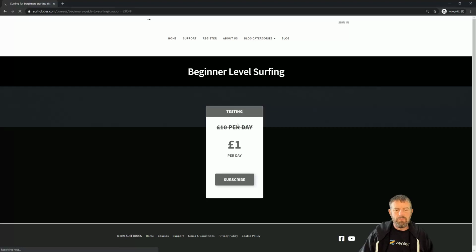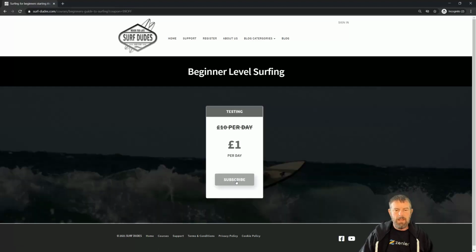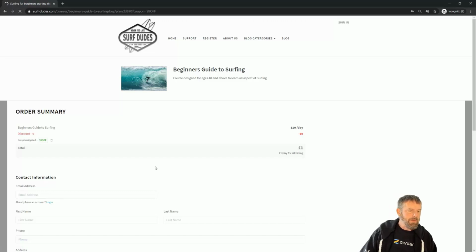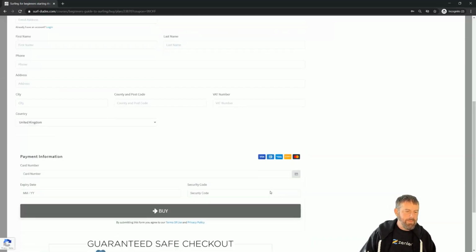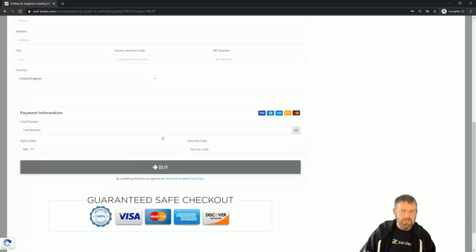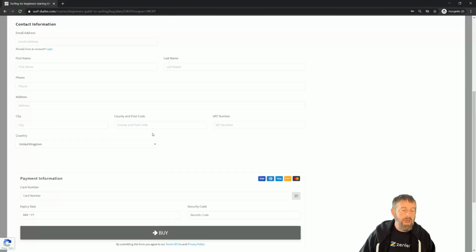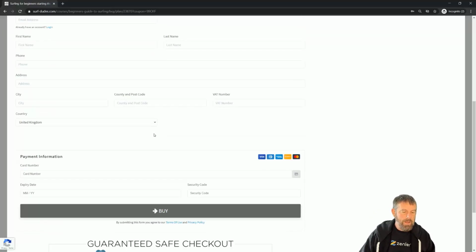So there we go, £1 per day. Let's click subscribe. Now you guys don't need to see me fill out these details here, my card details in specific. And remember, this is a subscription, so PayPal, we haven't got subscription on PayPal, so this is going through Stripe. Okay guys, so this is Stripe payment. So I'm going to fill this out, and I'm going to hit the buy,